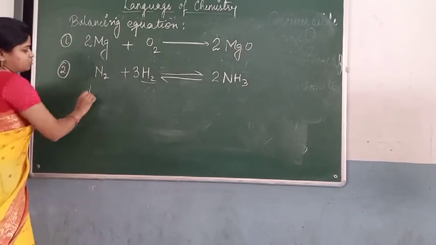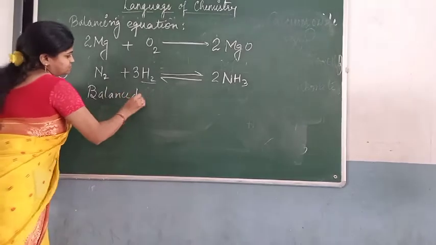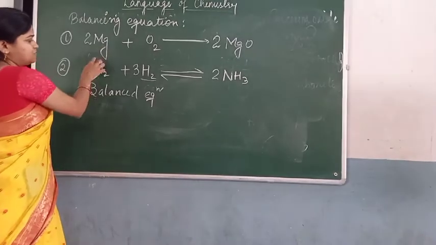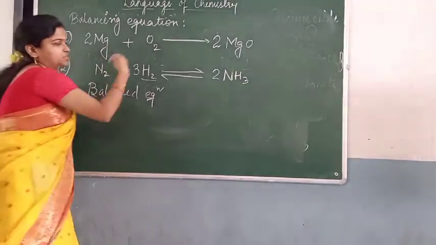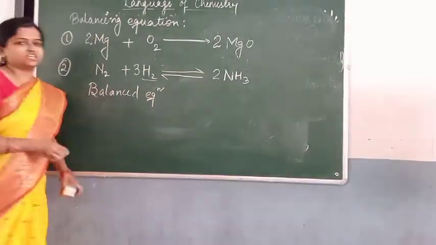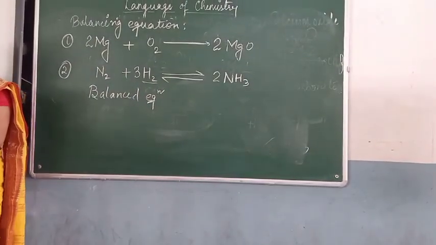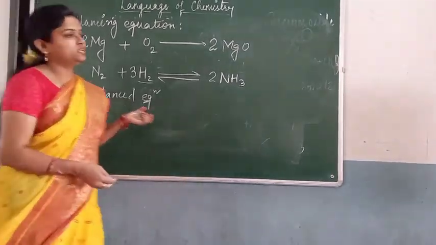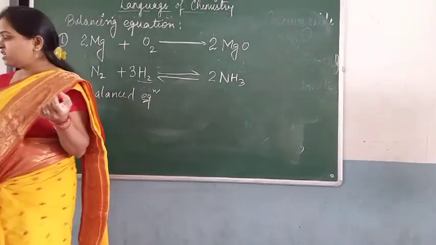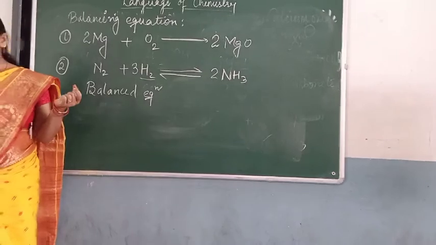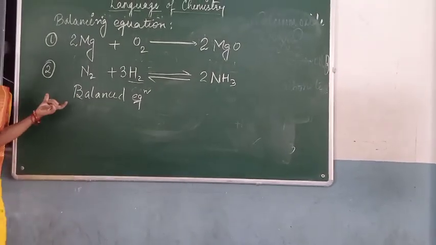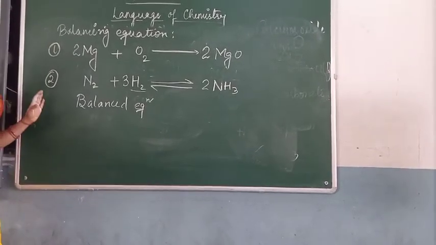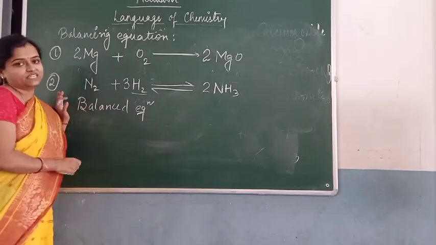So these types of equations are called balanced equations. Why are they called balanced equations? Because the number of atoms of an element on the left hand side is equal to the right hand side. But for this chemical equation there are several limitations. What are the limitations? The physical state always has to be mentioned or underlined. Also, the concentration of the reaction cannot be mentioned for the reactant or product, and we cannot tell the nature of a particular reaction by seeing it.